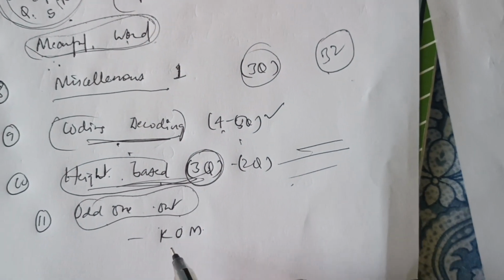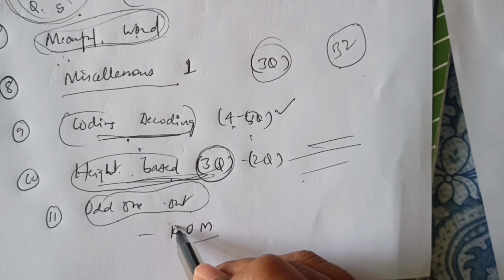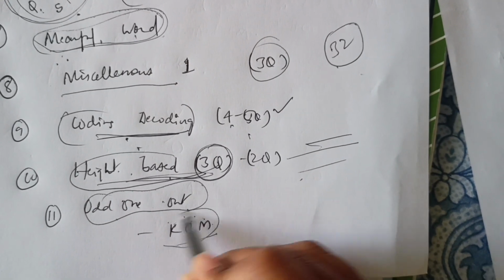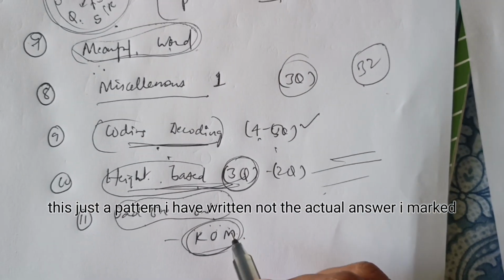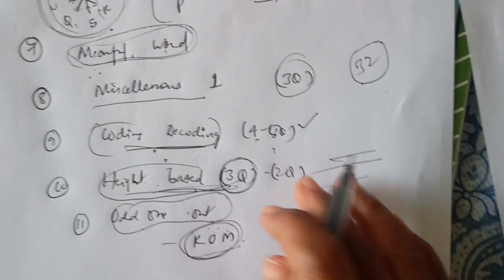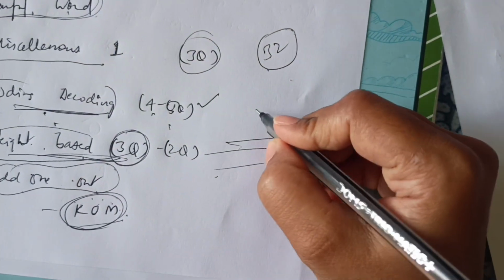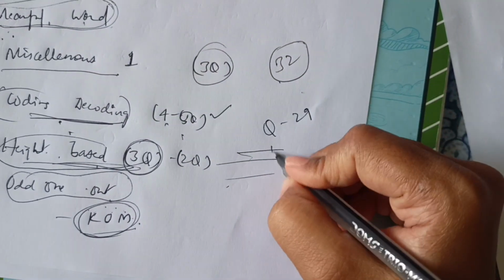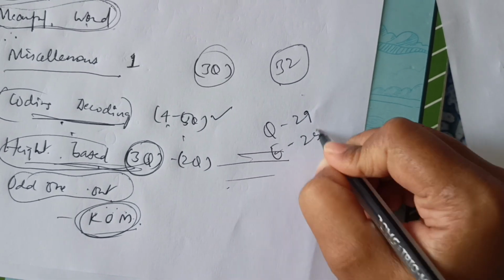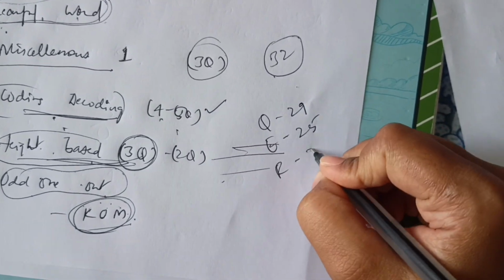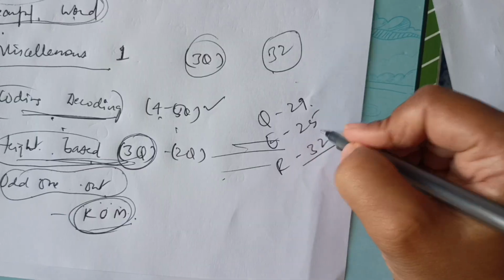Odd one out, like KLMNO. It was following some pattern. Okay, I think this one I also marked right. So overall, in quants I attempted 29 questions, in English I attempted 25 questions, and in reasoning I attempted 32 questions. So total